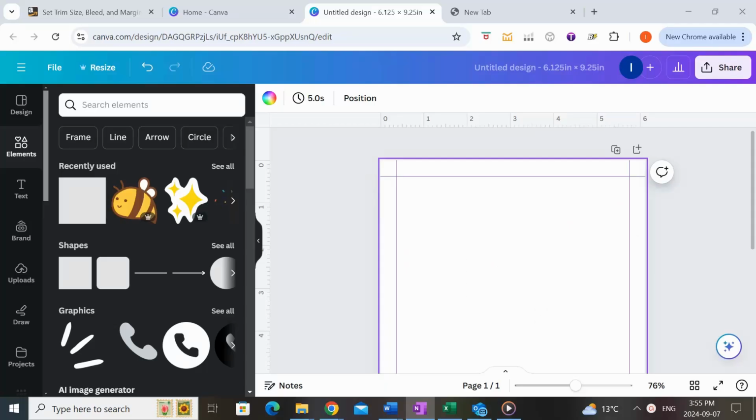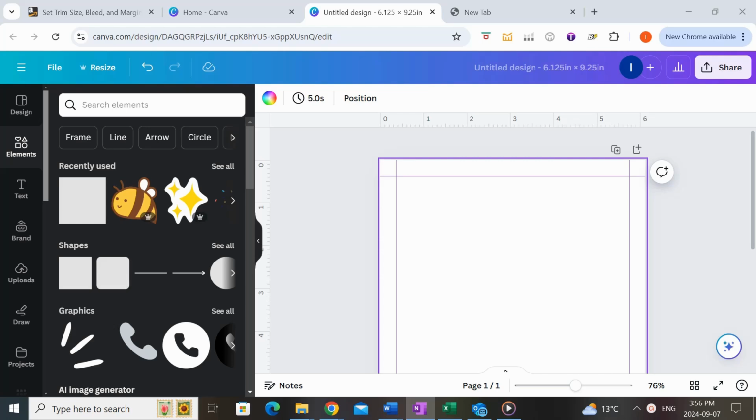So in this step, I'm going to show you how you can create the interior pages for your gratitude journal from scratch using Canva. And basically the skills that I'm going to teach you today in this step is something that you can really take away and apply to any other type of journal with prompts. You can just change out the layout, change out the font, and change out the type of questions that you would ask. The other thing is you definitely want to stay tuned, because I'm actually going to show you a bonus tip as well as part of this step that I have never shown in any of my videos before,